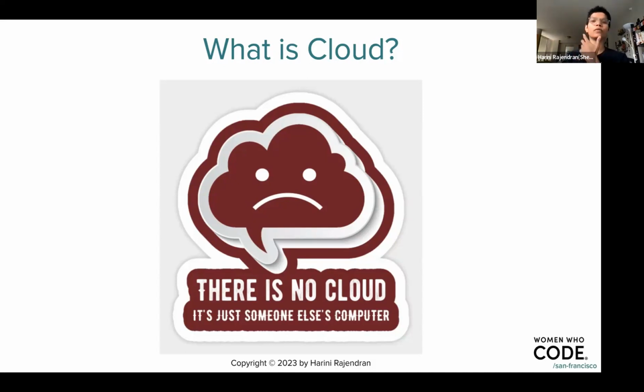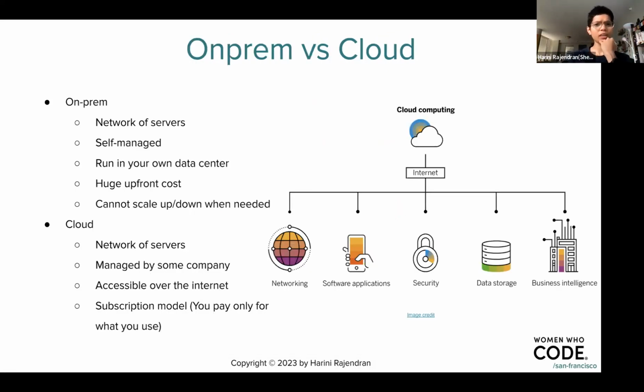There are multiple levels when it comes to ownership, and based on the level of ownership, there are different cloud deployment models, which we'll be seeing in the further slides. But just keep in mind that when we say cloud computing, it's nothing but the same set of computers, just being hosted by someone else. Pretty much that's it. So how is it different from the traditional on-prem deployment